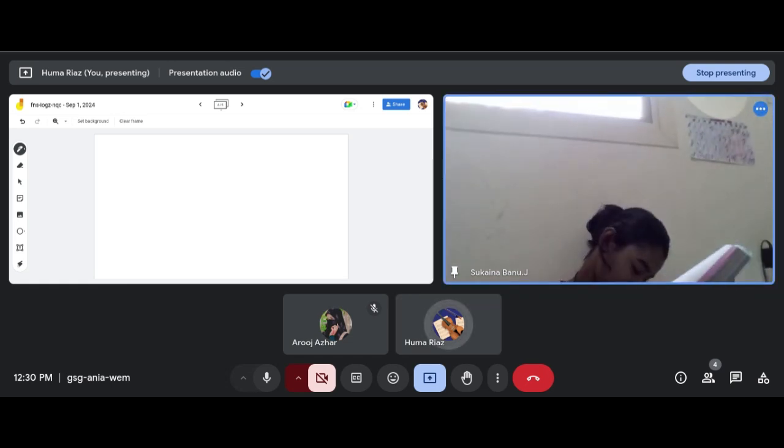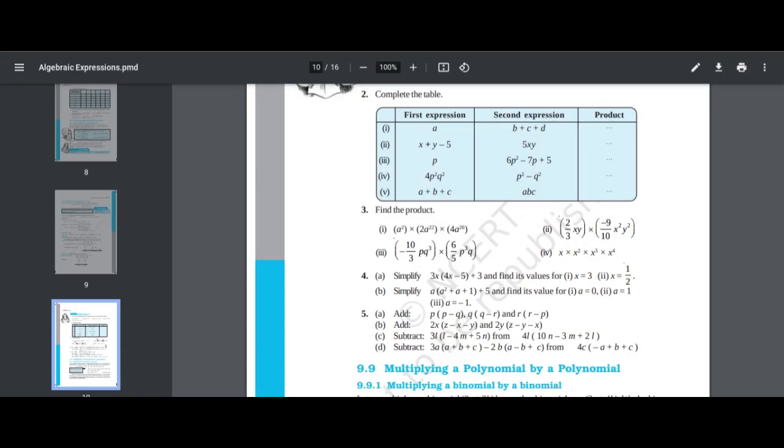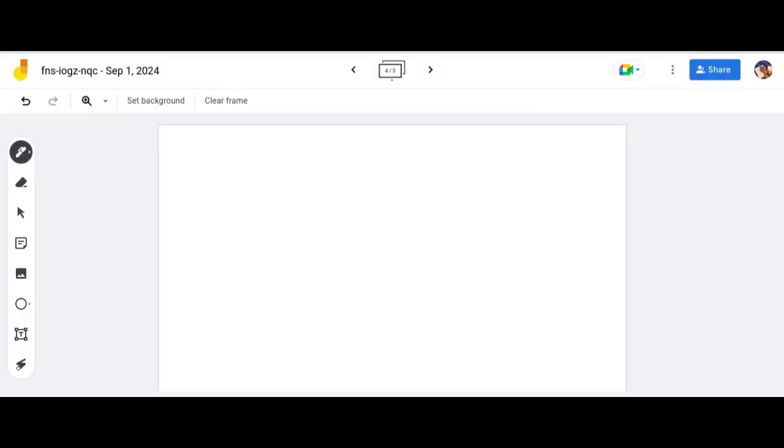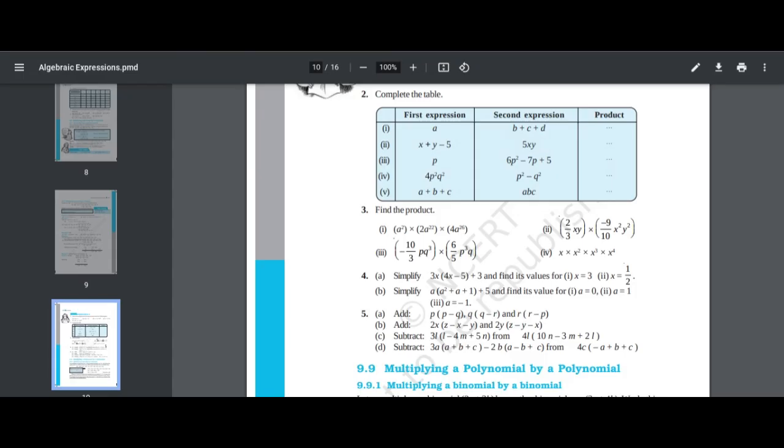Okay, now we have to move to the second part. No, third part. By looking at the third part, does it look easy or difficult to you? Medium. Medium, okay. Simply they just put a fraction here, but the method will be the same. Okay, so for question number 3, I will do these parts. I will do each part for you because it seems very difficult, okay?